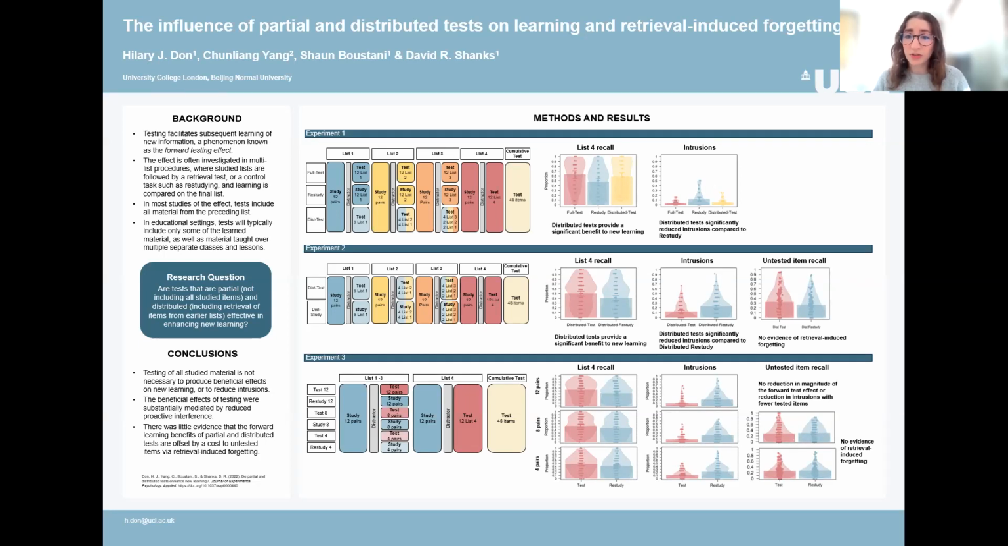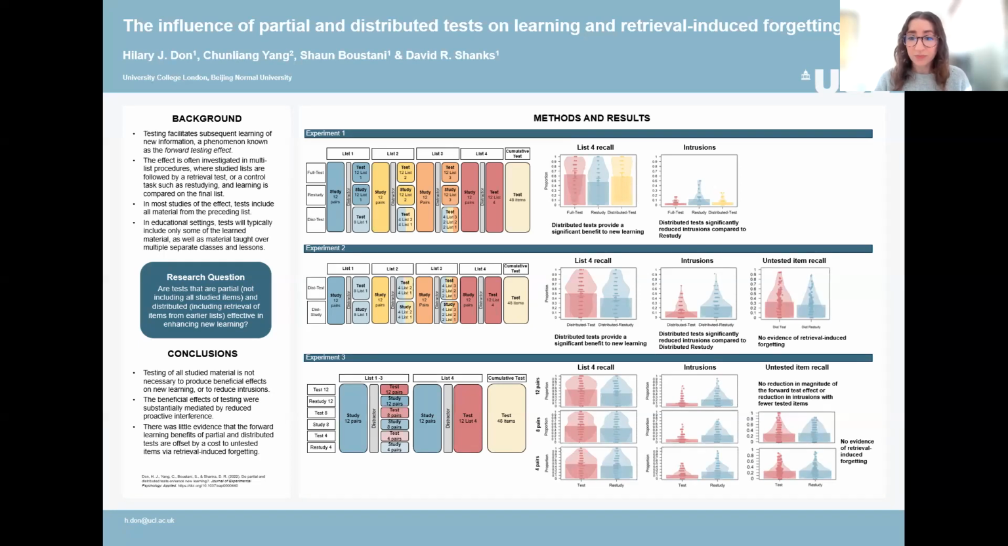In experiment 3, we wanted to test whether testing fewer items is still sufficient to enhance learning in a high-powered experiment. So we compared test and restudy of 12 items, 8 items, and 4 items. In each condition, there was a significant forward test effect and a reduction in intrusions. There was also no difference in the magnitude of these effects between conditions, and we didn't see any evidence of